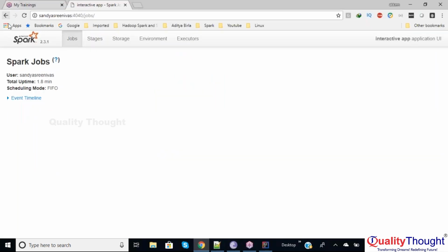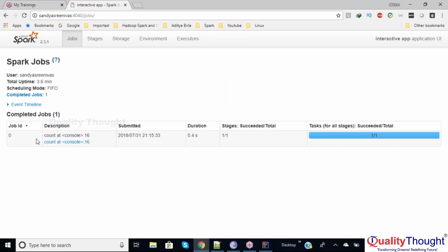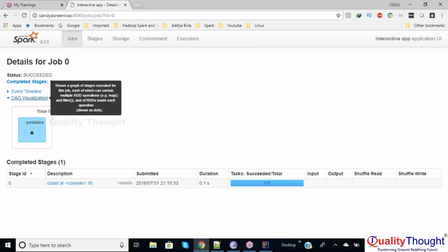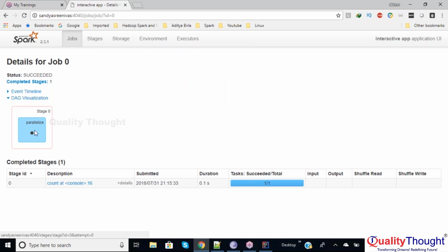Let's refresh here. Here you will see action. Click on this action. Here it will show one graph. This graph is called lineage graph. In this lineage graph, we created an RDD by using the parallelize method. So if you perform any sequence of steps,